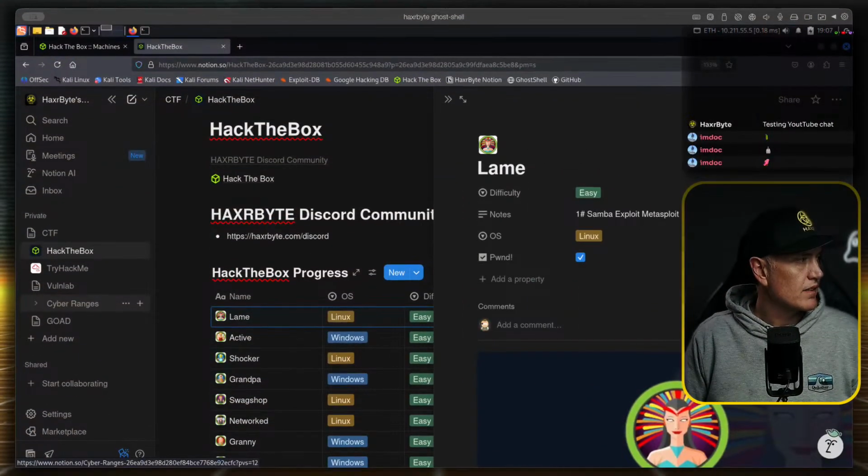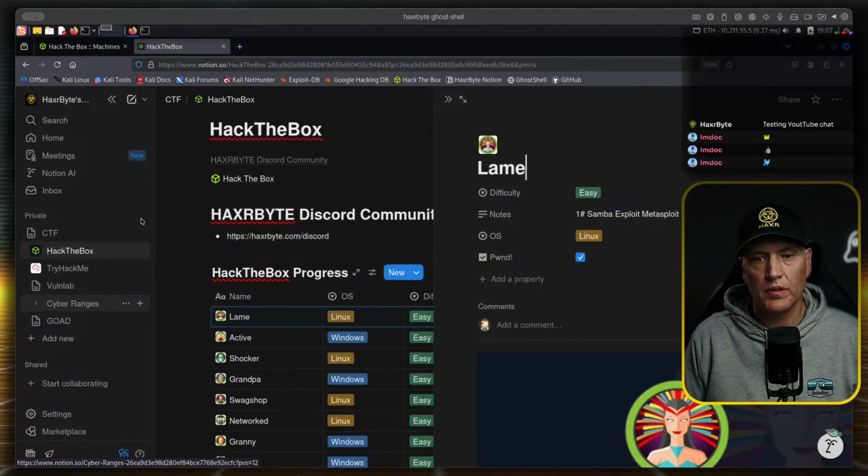So last week we did two machines. We started with Lame, which is an easy Linux box. Let me just share my screen. There we go. Should be able to see that now.